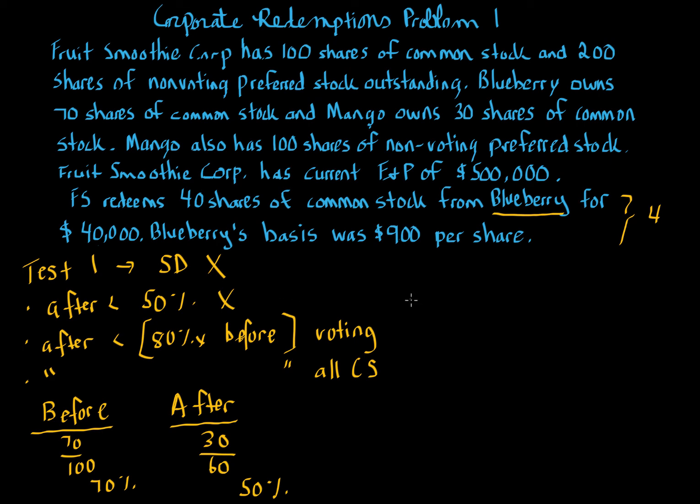Well, let's go to test 2 and test 3. Test 2, complete termination. Well, after, Blueberry still has ownership, so it can't be complete termination. And then partial liquidation, nothing in here about a partial liquidation plan. So then we go to test 4. Test 4, not essentially equivalent to a dividend. And this is actually going to be a good transition to our next problem, problem 2, where we focus on not essentially equivalent